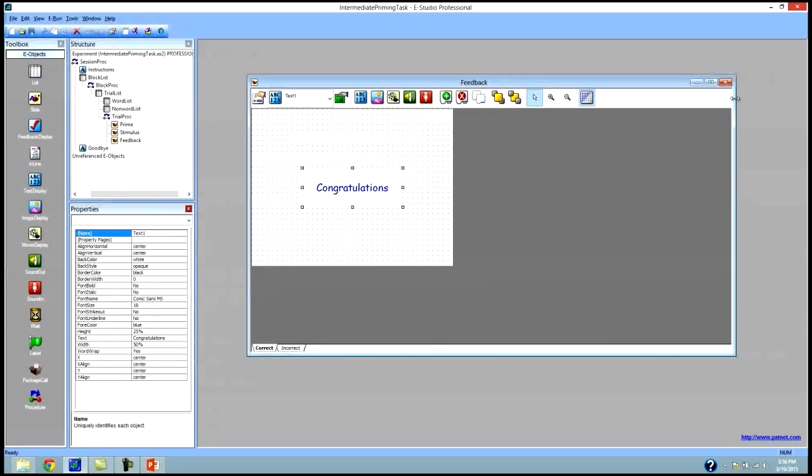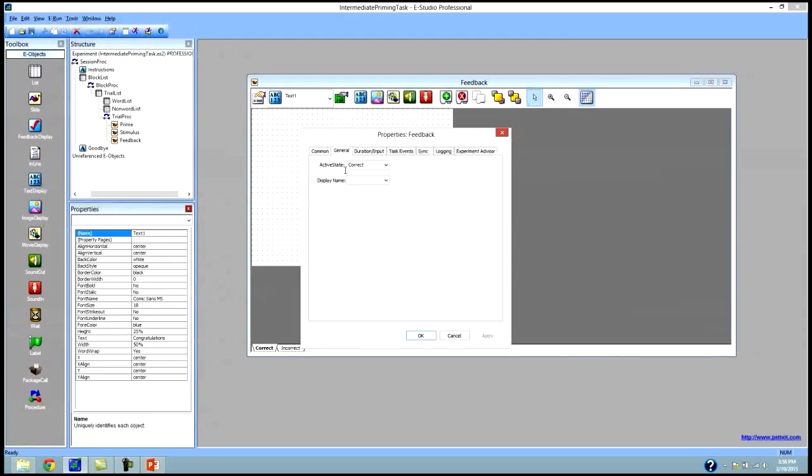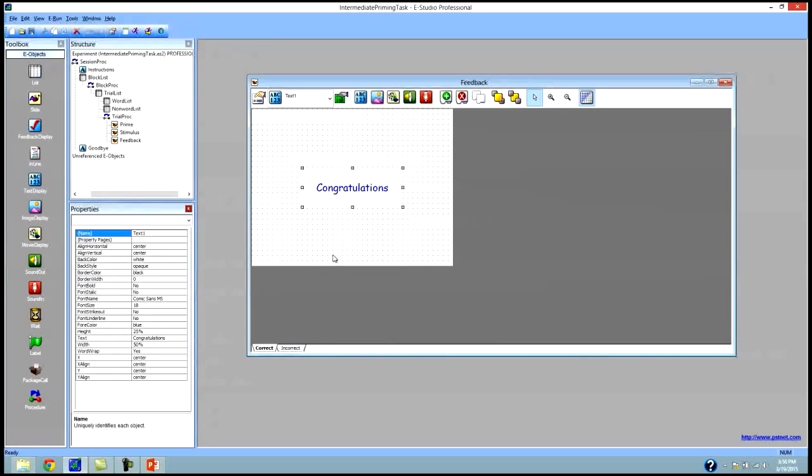Now that we've made our feedback, let's take a look at the one property that's most important here. If we click on Properties page, it's this active state. This active state property says that the correct tab is always going to display to participants. So this means that every time they run, regardless of whether they've responded correctly or incorrectly, they're always going to see congratulations. We want this to be active feedback, so we're going to have to write a little bit of